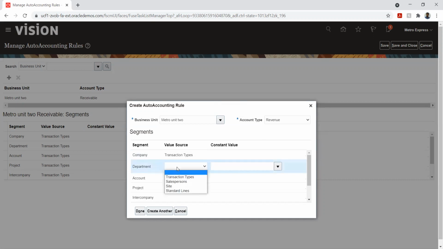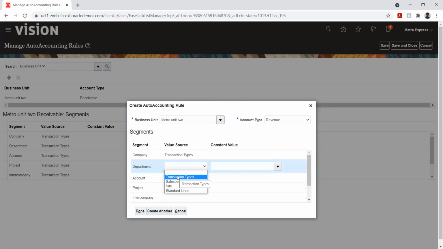For now, you're just doing the revenue and the receivable part. Yes. But in general, when you actually do the setup, you have to do it for everything, all account types. We will have to give it.